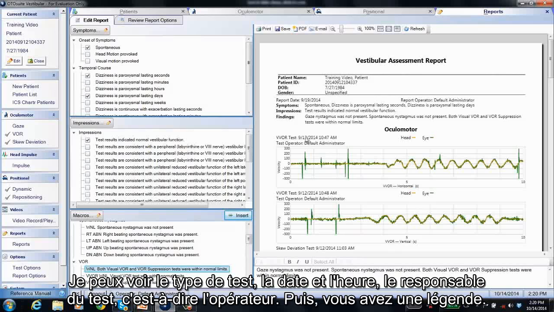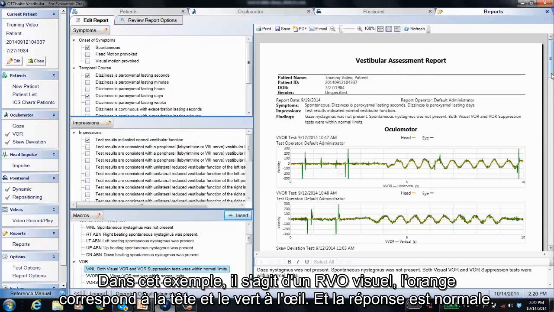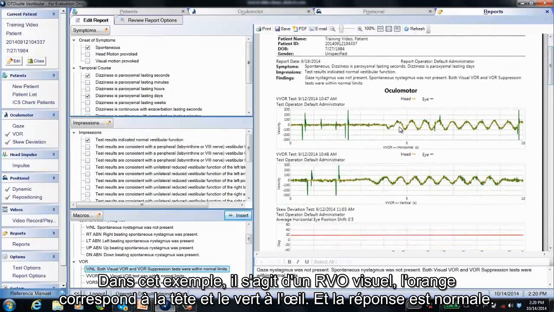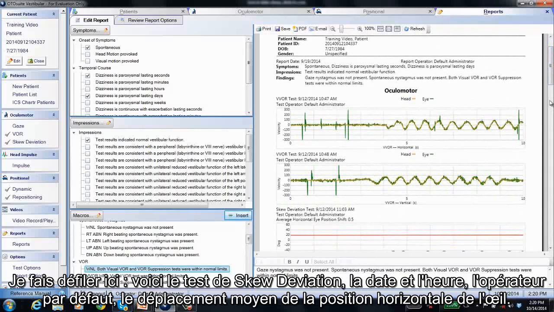It tells me the test date and time, who tested that patient, so the test operator, and then you've got a legend. So in this example, this is a visual VOR. The orange is the head, the green is the eye, and this is a normal response. If I scroll down here,